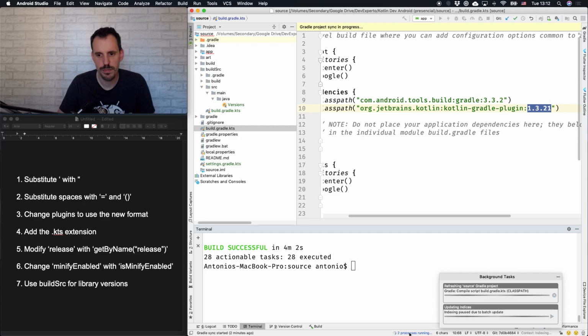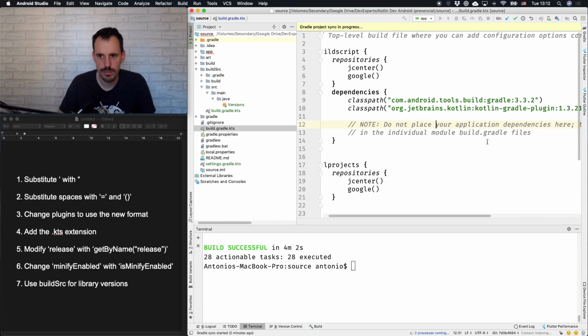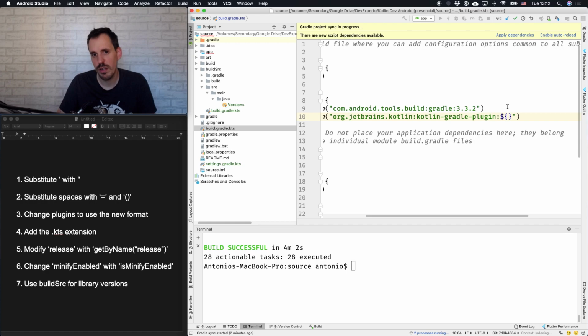Okay, this is taking a lot. It's still compiling the scripts, configuring project. But anyway, if you want, we can start writing it. It would be $ to identify that we are using a string template. Then the braces, because this is not a simple variable, but it's calling a property inside an object. So Versions dot, I don't know if this will autocomplete already, probably not. No. So we can write it ourselves, Versions.kotlin,